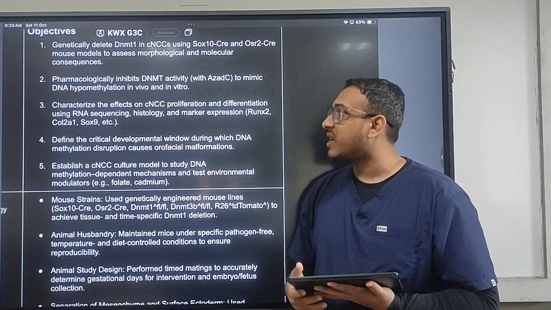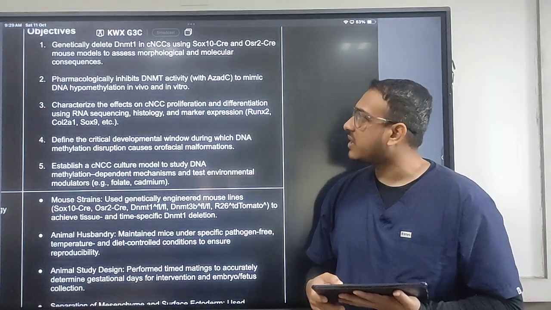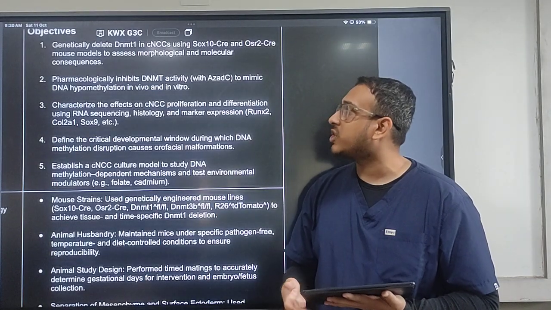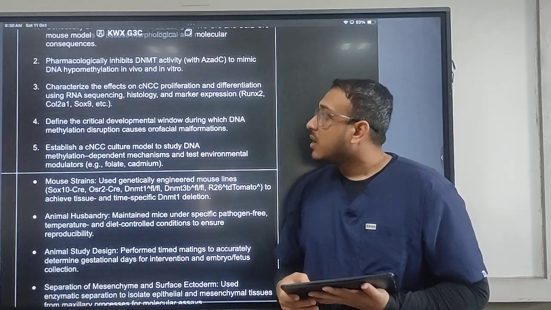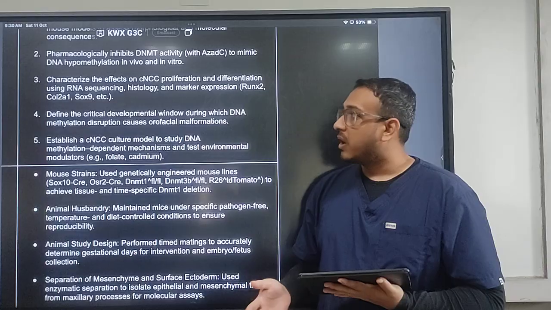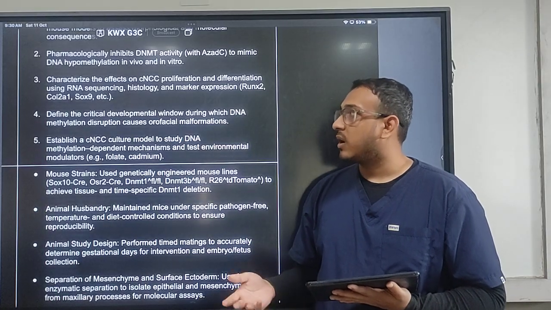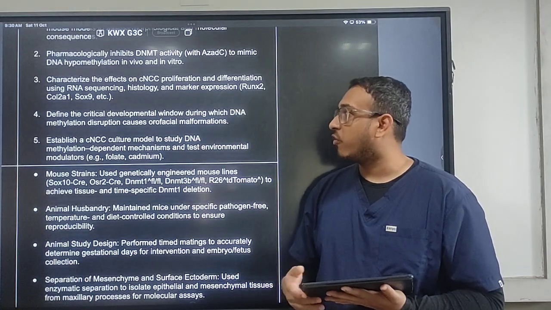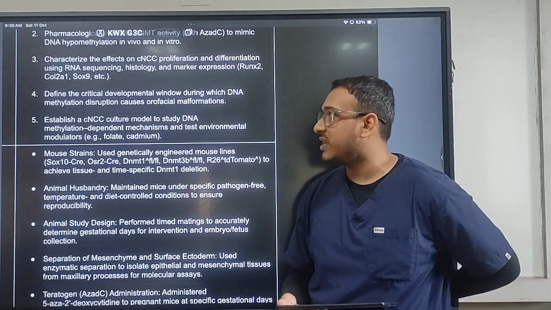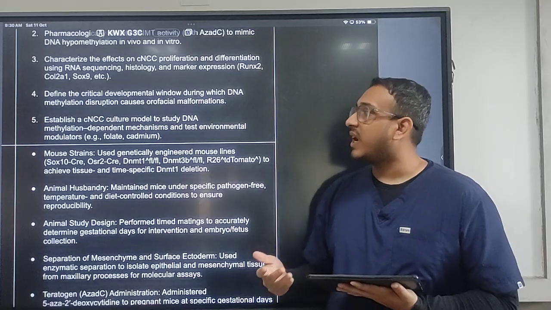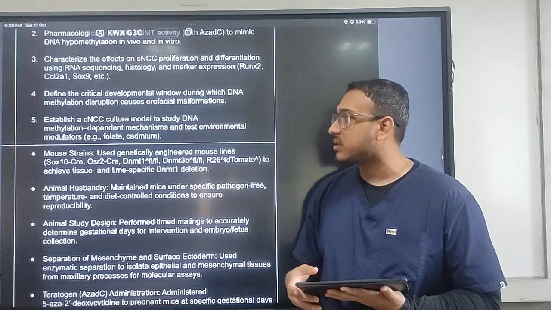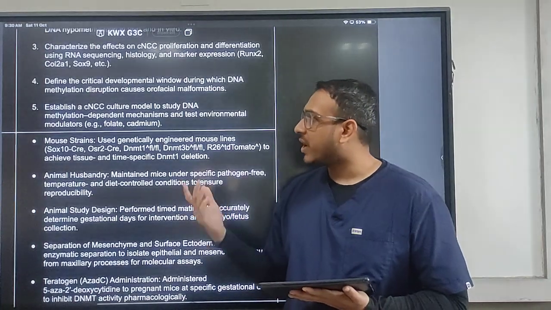They then characterized the effects on CNCC proliferation and differentiation using RNA sequencing, histology and marker expression. They then defined the critical developmental window during which DNA methylation disruption will cause the orofacial malformation. And finally, they established a CNCC model to study DNA methylation dependent mechanisms and test environmental modulators, for example, phthalate